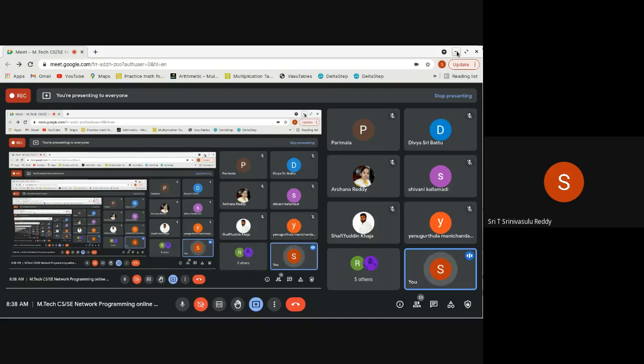The IP address is a mechanism to identify the machine on the network. But then you have to identify the process also, because it is inter-process communication. So the process is identified by the port number. Port number is a mechanism to identify the process.